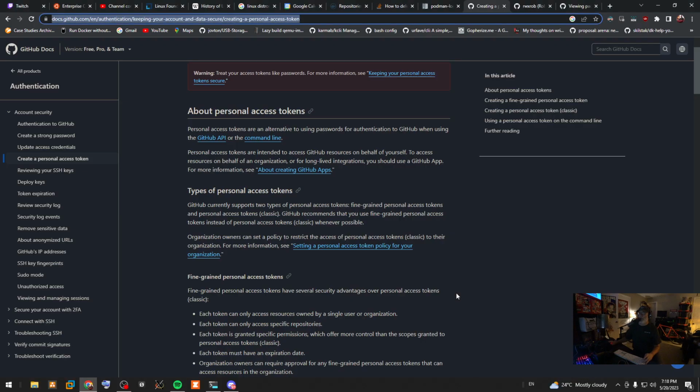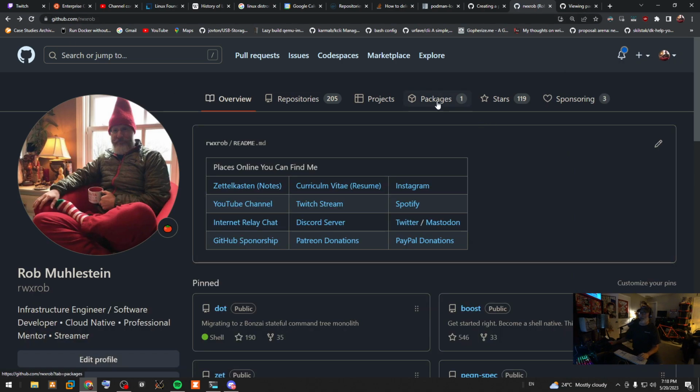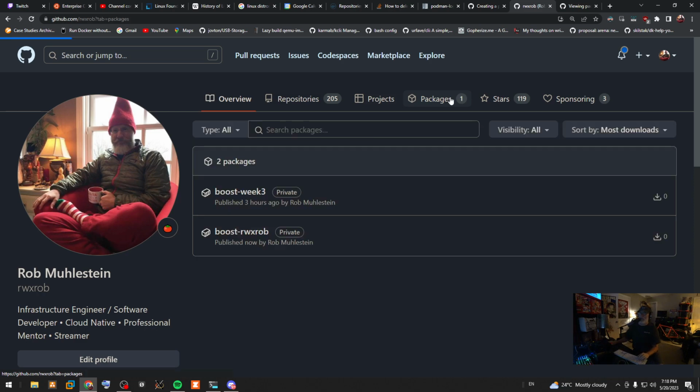Then you can go back to GitHub and you can go on my profile page. And if you refresh, this is my profile page on GitHub. You can see that there are packages now because the name is the same as the other one. All it did is update it. So you can see that, oh, wow, it didn't update the number there. It should have. Maybe that's just a new one. So you see I have blob hashes for integrity. Yeah, it's not a secret. Those aren't secrets. So then we have Boost Week 3, and that's the one I was doing before,